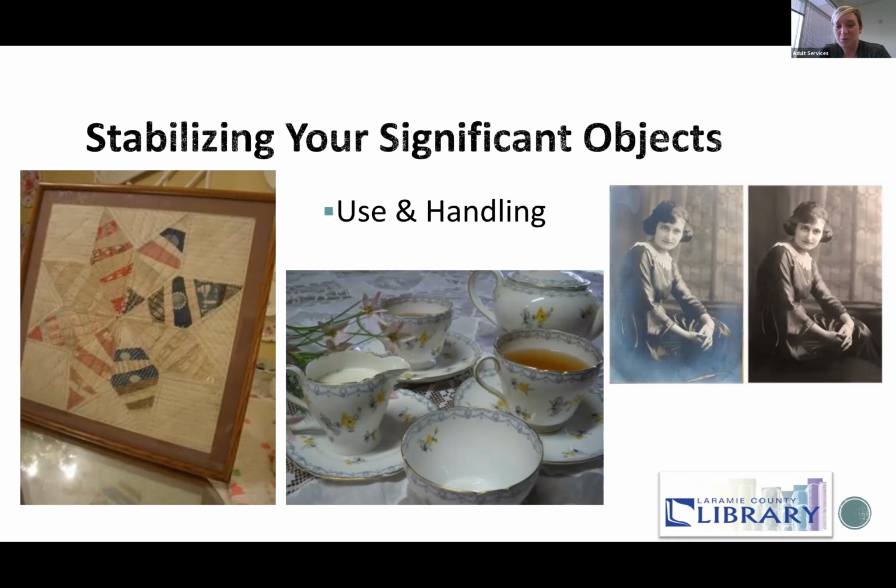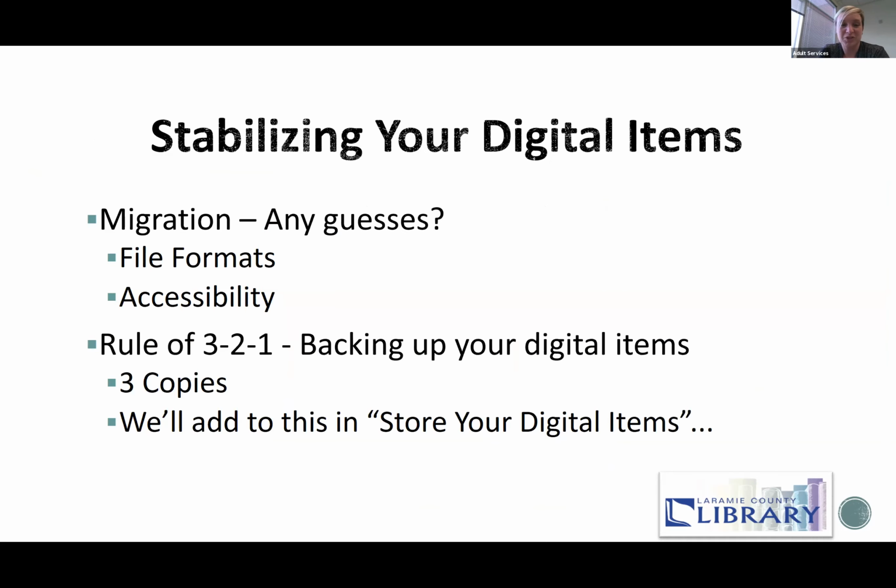So use and remembering and expanding that history is a good way to preserve and stabilize those objects. So here, let's talk about migration for digital items now. Stabilizing digital items. Migration, you can kind of think about why animals migrate, because there's a better place that's safer for them. They just move to another place and it makes things better. So migration for digital items,